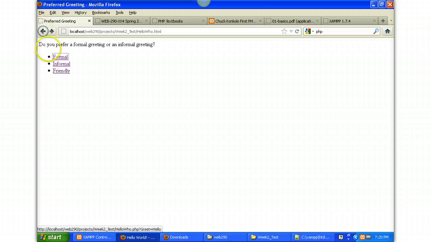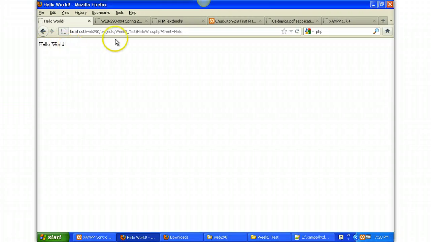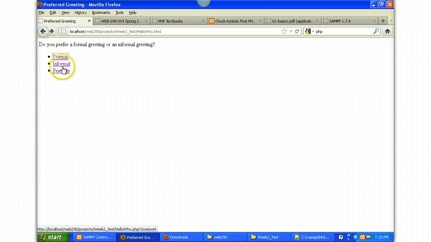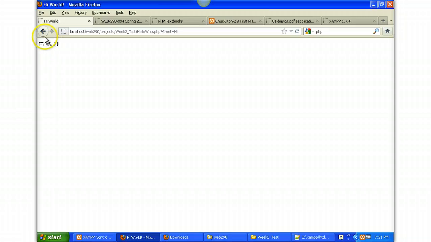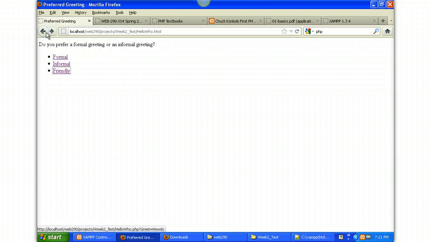Formal. We're now on the HTML page, now on the PHP page. It's just kicking out hello world only. That's the variable value, hello world. Variable value here on the PHP page. Hi for greet. Friendly, howdy for greet. Okay? So what you're going to do is take it from that to,